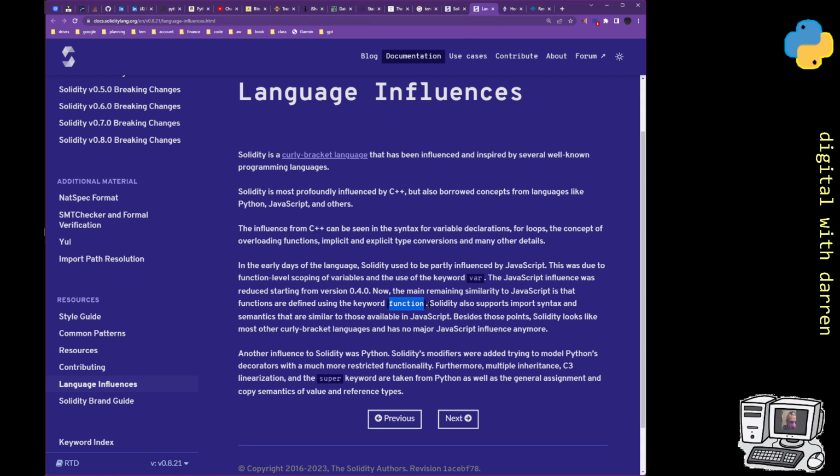Solidity also supports import syntax and semantics that are similar to those available in JavaScript. Well, that's quite nice to know. It's quite convenient. Both JavaScript and Python have easy import syntax. So you can create a little script. The Python version of import,